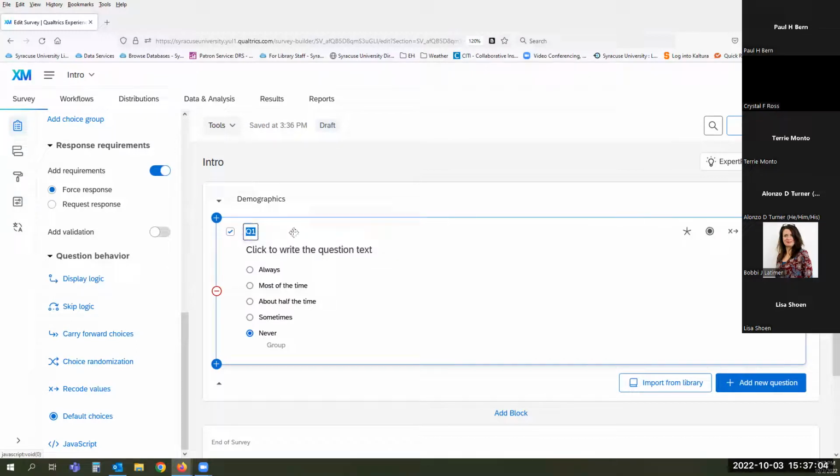You can also change here. This will end up being the variable name in SPSS, or the column label in the first row of an Excel spreadsheet, instead of Q1, Q2, whatever it is. This can be very useful